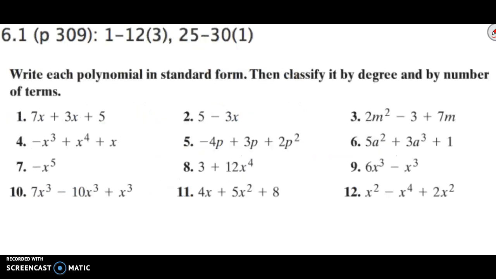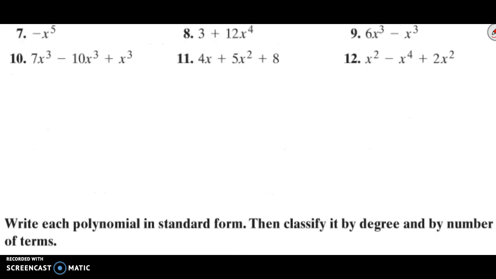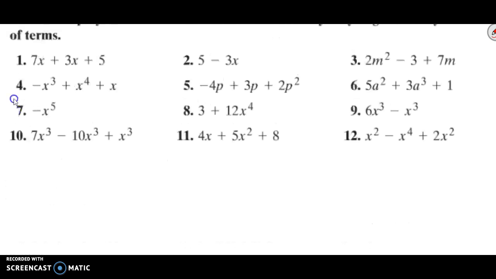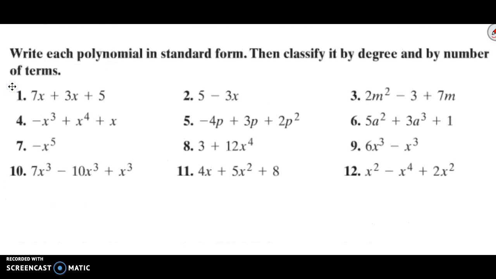We have a total of 4 questions on the test from 6.1. There are going to be 3 from 1 through 12 and 1 from 25 to 30. But if you look at 25 to 30, it's very similar to what we have at the 1 through 12. But there is perhaps one that might stand out, that might benefit you to look at. Hint, hint. All right, so looking at the first 12, the first thing you need to do with these is